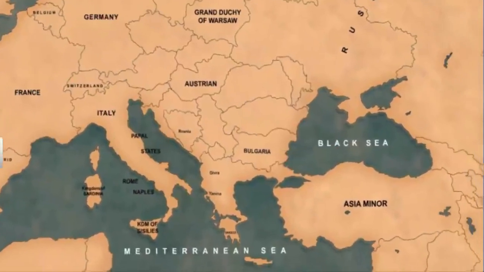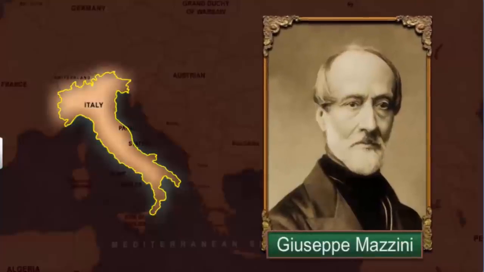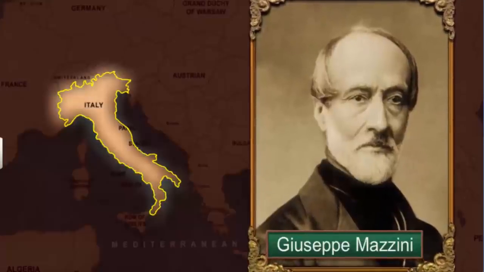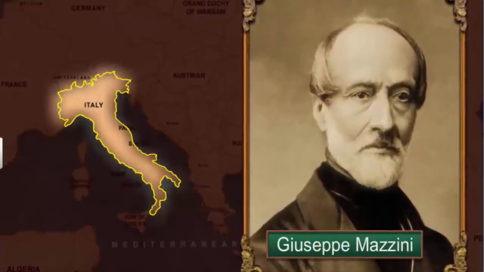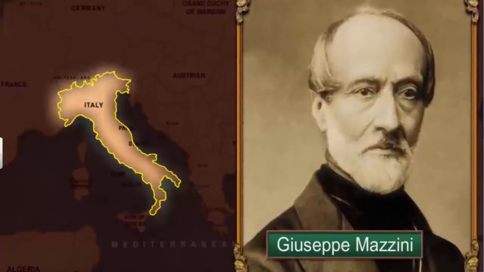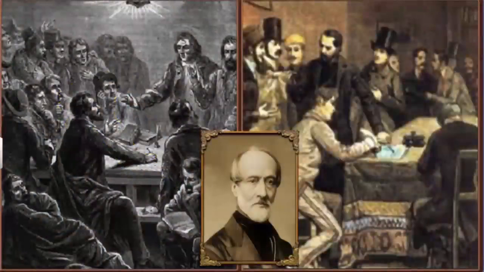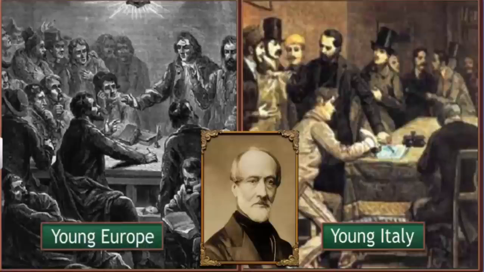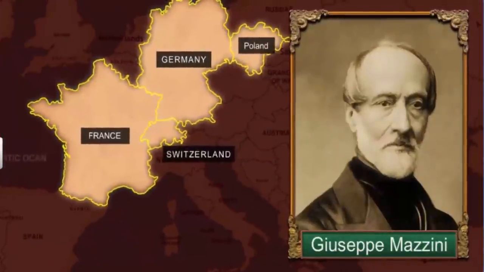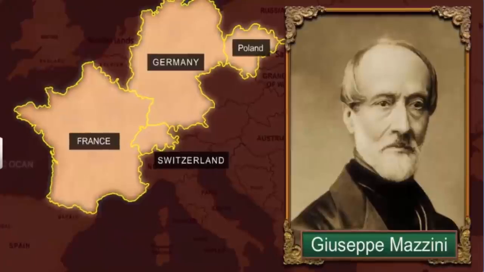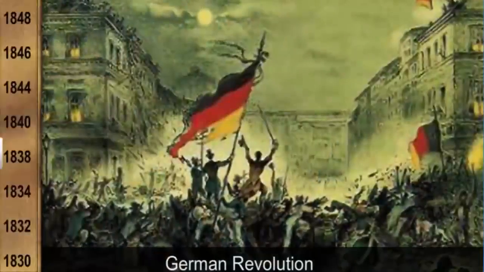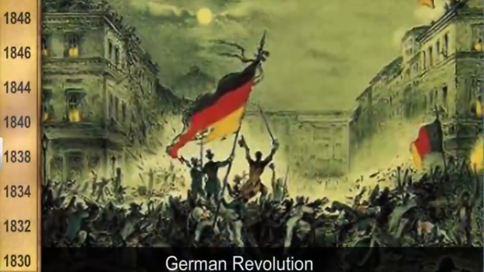The famous Italian revolutionary Giuseppe Mazzini was a man of such revolutionary ideas. He was part of a secret society called Carbonari. Mazzini founded two underground societies called Young Italy in Marseille and Young Europe in Bern. Mazzini believed in the unification of the small kingdoms and principalities in Italy. The period between 1830 and 1848 was marked by a lot of tensions and turmoil.